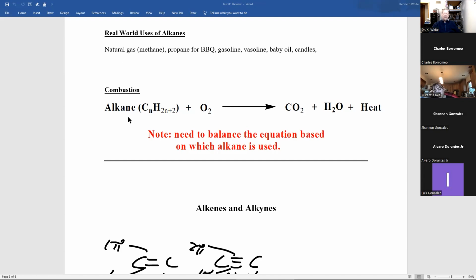Now, the only reaction I asked you was combustion. Take an alkane, and this could also be a cycloalkane. React it with oxygen, and what do you get? The actual chemicals, carbon dioxide and water. And as you learned, organic chemists are lazy. Unless I'm doing a calculation for charge weights, how much I have to mix together to make a certain amount, I don't balance chemical equations. And here the answer would be CO2 and water. And you can go back and look at the problem set and see that.